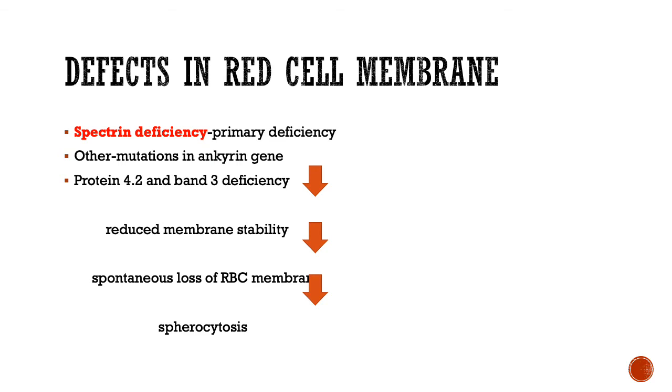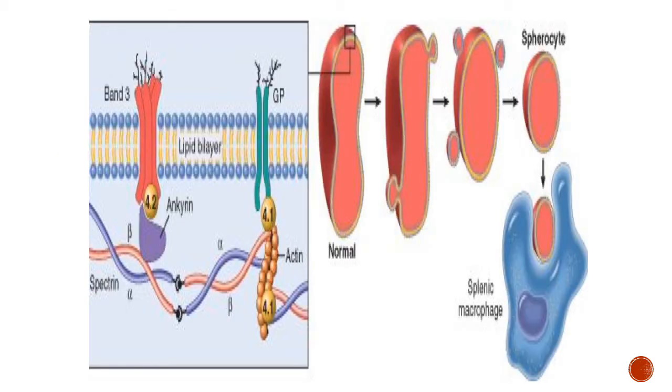and leading to spherocyte formation. Okay, in this picture you can see an RBC membrane schematic picture. A lipid bilayer is there. You can see spectrin is mainly formed of alpha and beta polypeptide chains which are intertwined, forming a helix. Now, they can have two connections. One is they can bind to each other. Two spectrin molecules can bind head to head, or the tail portion of the spectrin molecule can bind to actin oligomer.